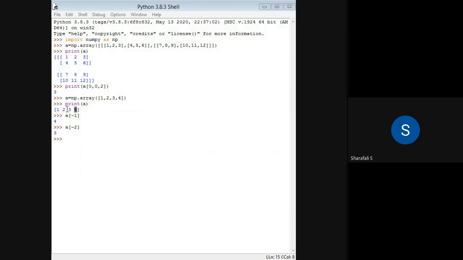Let us consider another example because we have only 4 elements available. So we will just increase that: 5, 6, 7, something like that.